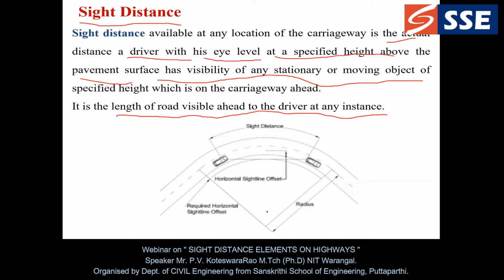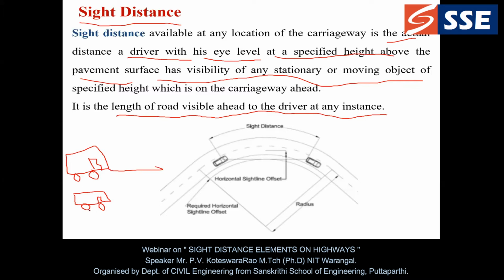So in brief, just forget about the definition. Let us focus on the basic concept of that one. Please observe this. I am having two vehicles. This is vehicle 1, this is vehicle 2. Inside we are having the driver. Can anyone say in which condition the line of sight is going to be higher, either the first condition or the second condition?